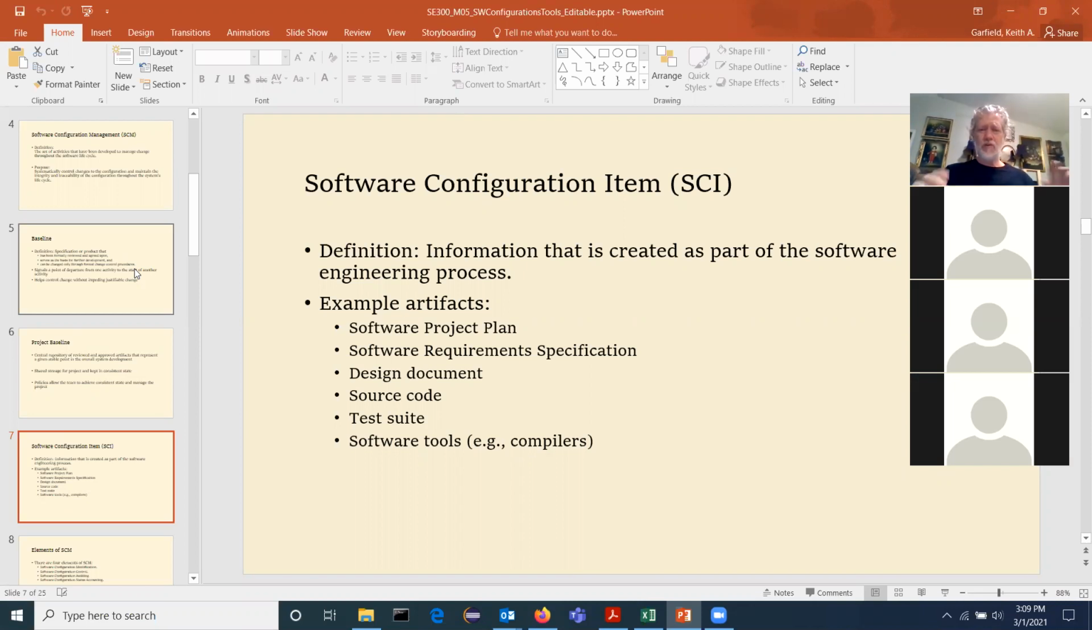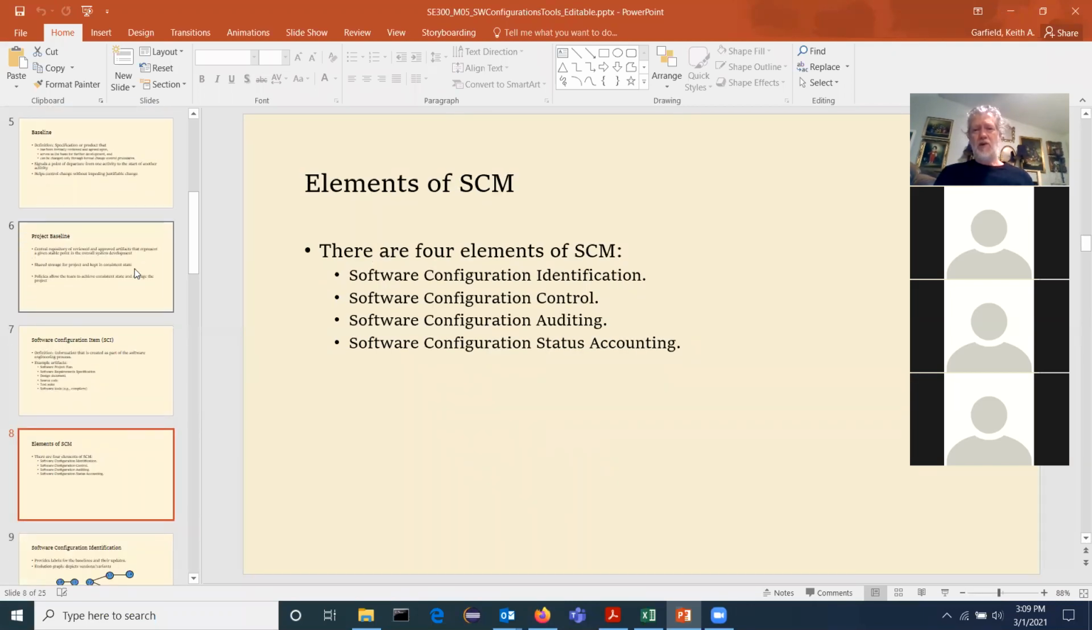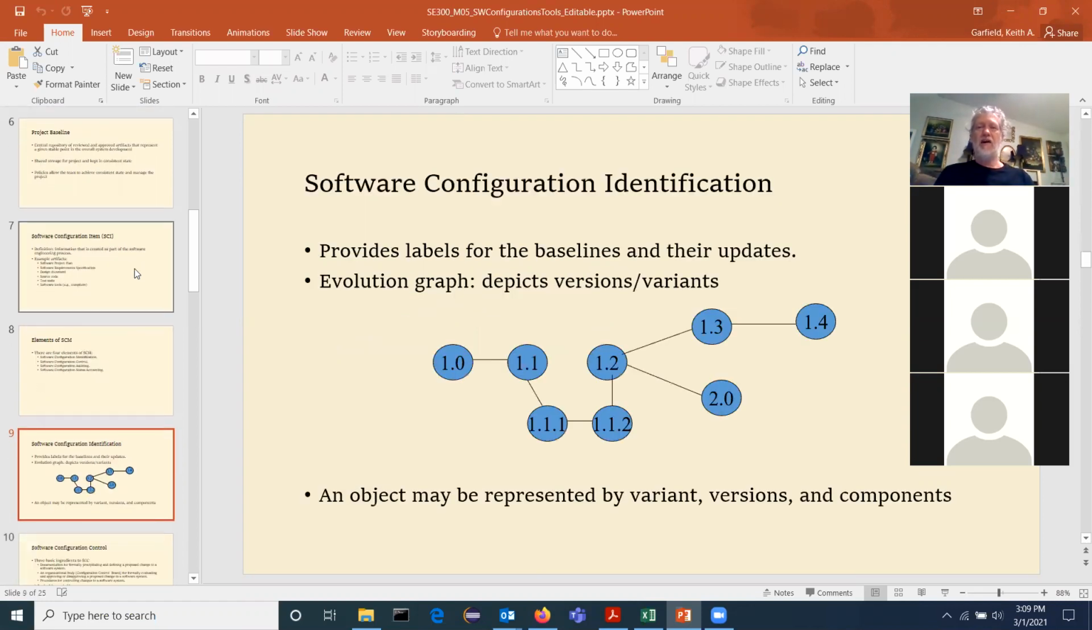Now, remind me at the end of this to talk about some of these artifacts in the context of Git and other version systems. Four elements: configuration identification, configuration control, auditing, and status accounting. Identification is just what you'd think, figuring out what you have. Sounds like an easy question,